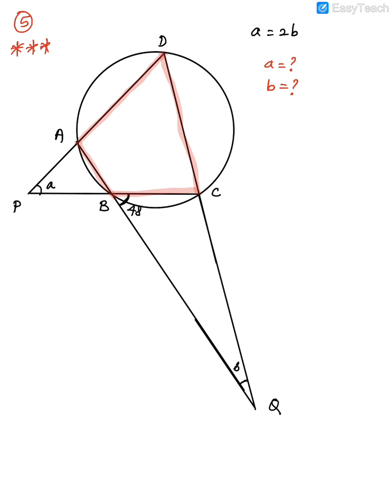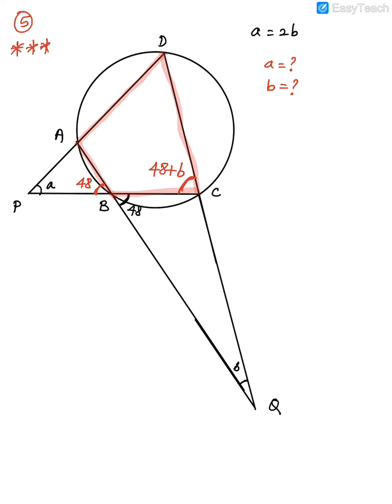So obviously we'll apply the properties of a cyclic quadrilateral first. Before that, I can say this angle is equal to 48 degrees. Why? Because they are vertically opposite angles. Then this angle out here, okay, look, this one, what will this angle be equal to? So it will be 48 plus B. How did I get this? That is because of the exterior angle property of a triangle.